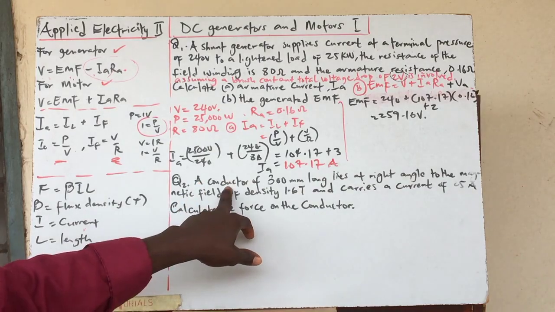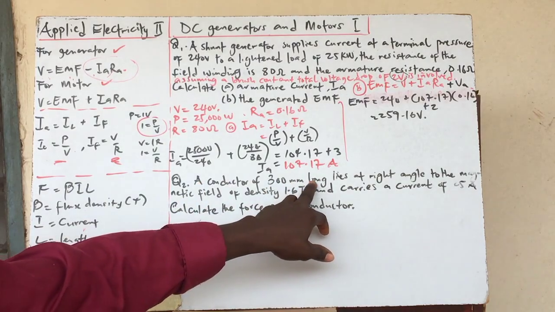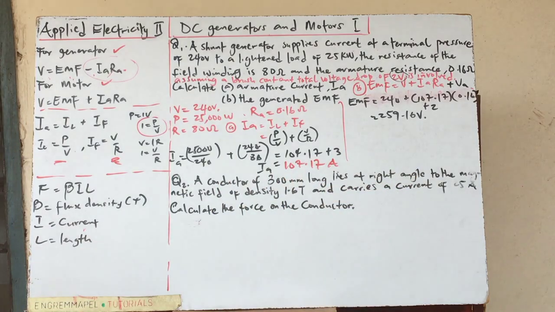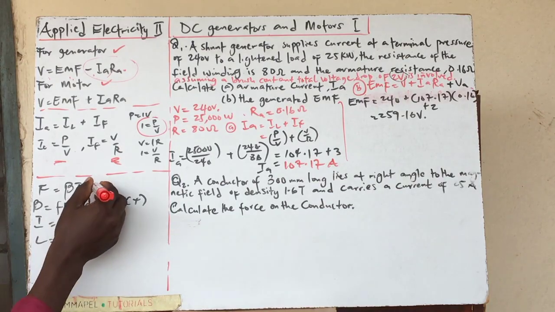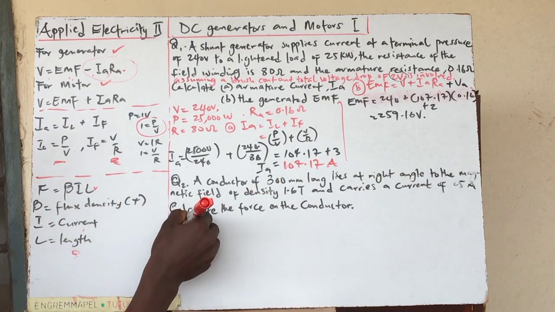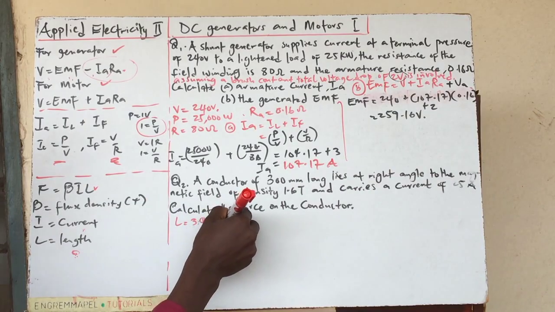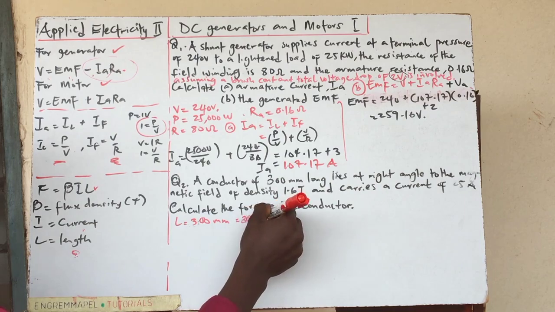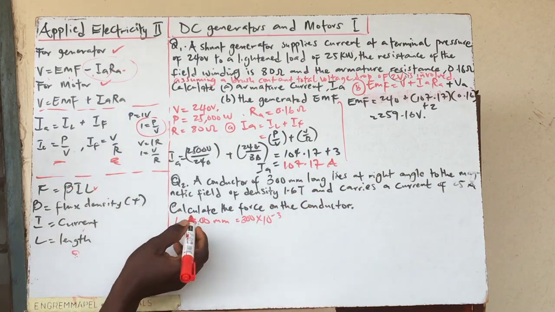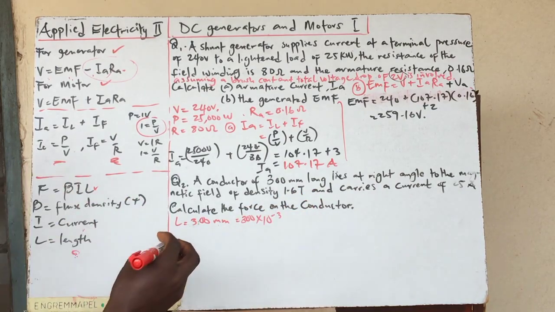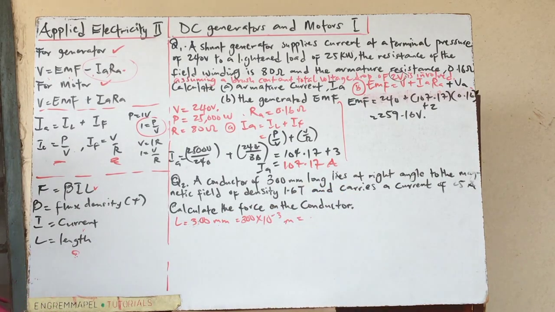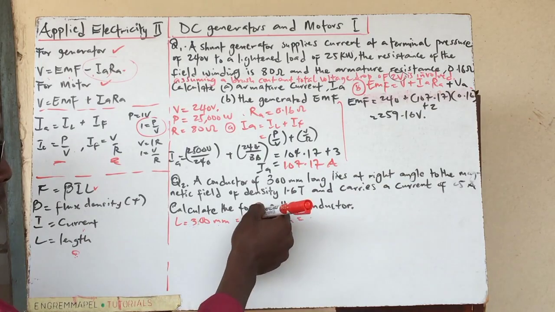And they said a conductor of 300 millimeter long lies at right angle. Now you start picking our given. So what were we given there? We were given length. Now I think we are dealing with this formula. So we are given length in the question. So we say L is equals to 300 millimeter. Now we convert this to meter. And how do we do that? That's 300 times 10 raised to power minus 3. Why? Because this is milli, and milli is minus 3. If you convert that to meter, you'll be having, let's calculate that,